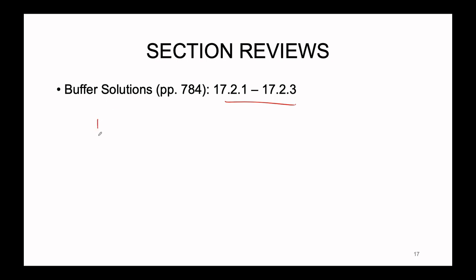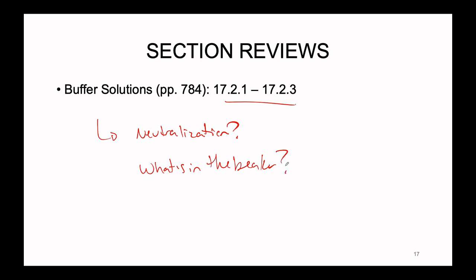Again, the questions that you're going to be asking yourself are, what is the neutralization that is occurring, and then after the neutralization is complete, what's in the beaker. What's in the beaker is going to give you the information that you need to either set up some type of reversible reaction or equilibrium system,